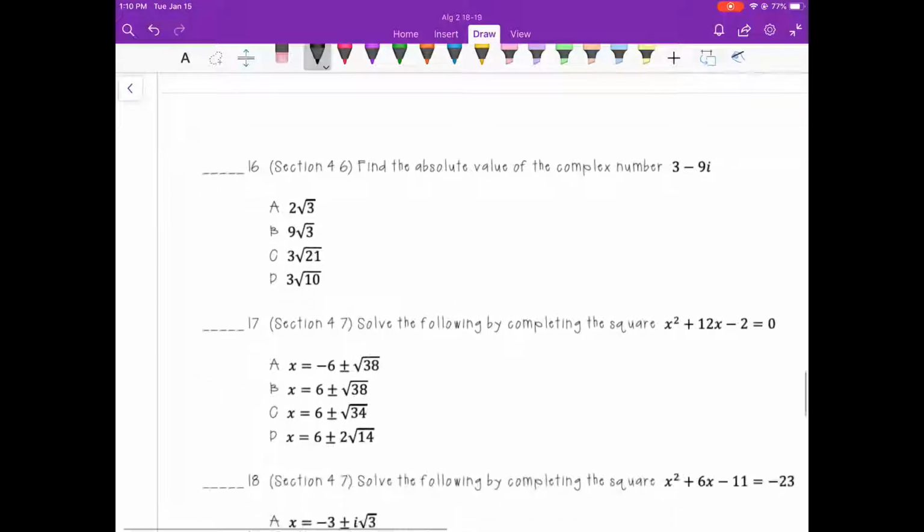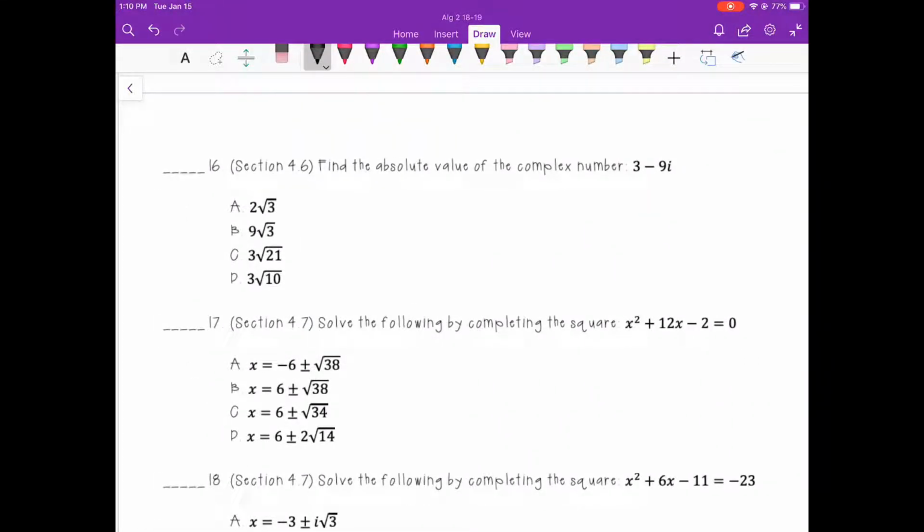Imaginary. Number 16, find the absolute value of the complex number. The absolute value of a complex number, your formula is, if you've got a plus bi, you want to take the square root of a squared plus b squared. So for us, our a is 3, our b is negative 9. So our absolute value is going to be the square root of 3 squared is 9,